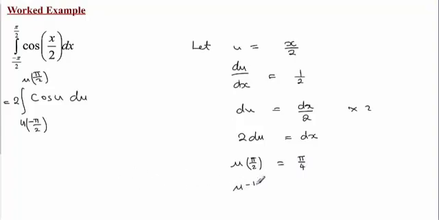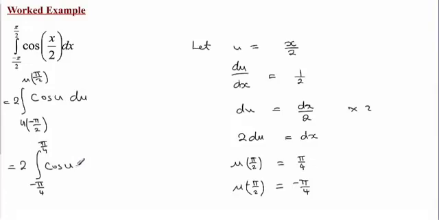And on the other hand, u at minus pi over 2, we're going to have minus pi over 4. So this turns out to be equal to 2 integral from minus 1/4 pi to 1/4 pi